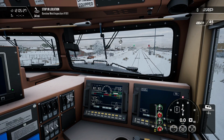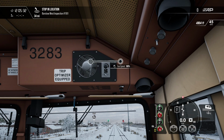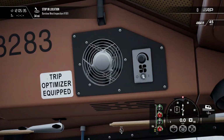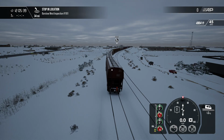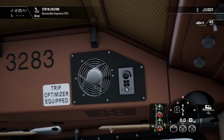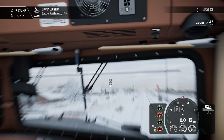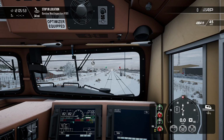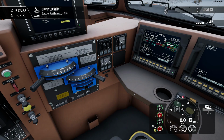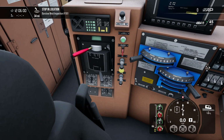And also, a very minuscule thing, the fan. You turn it on, let's say we'll go to the back of the train, it loads out of sight, you go back in, it's on, but the fan's not running, you have to switch it back on and off. Again, not a bad bug, but it's there nonetheless. Let's see if I can get this. It's another bug, and it's kind of...